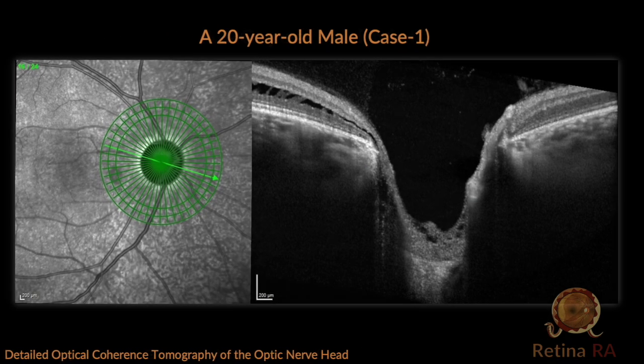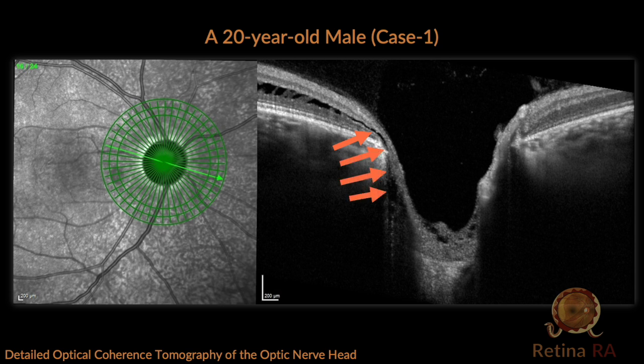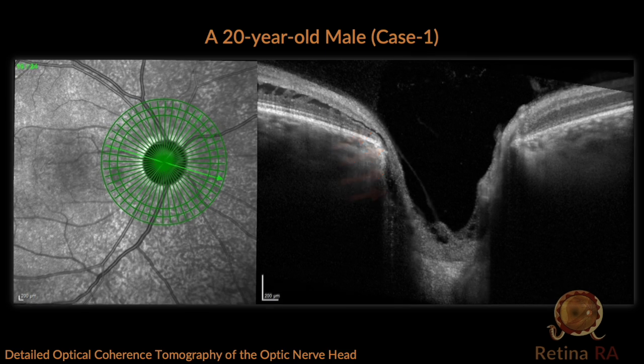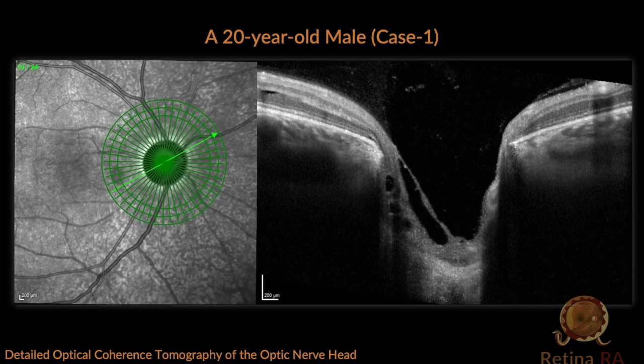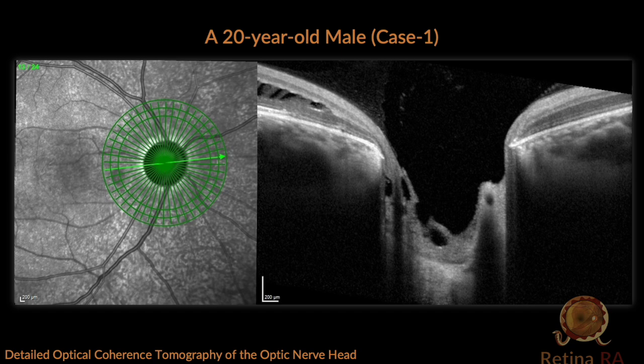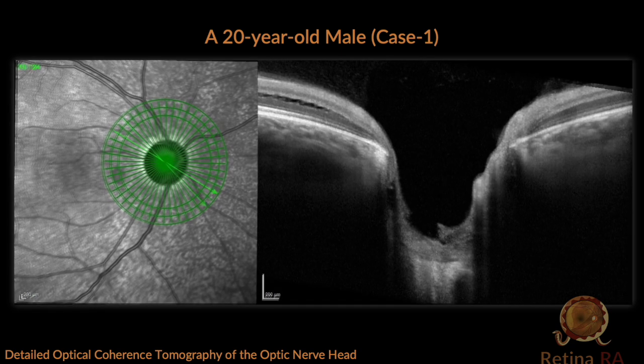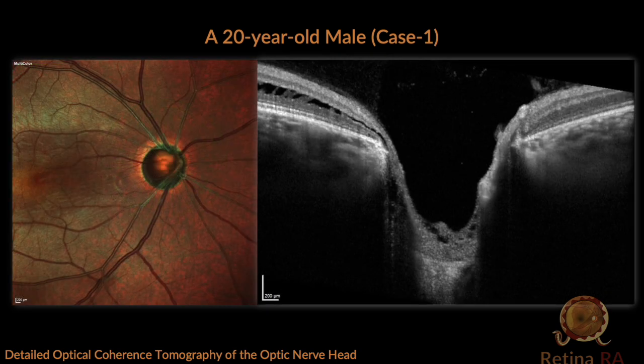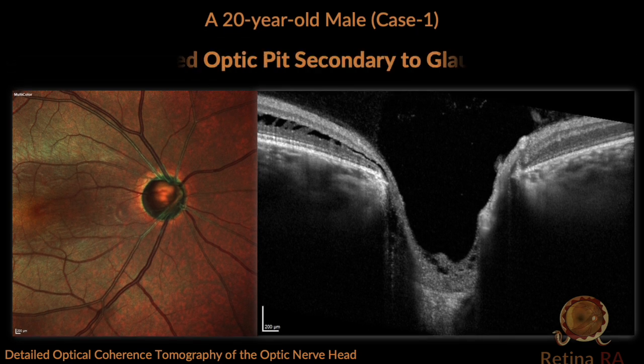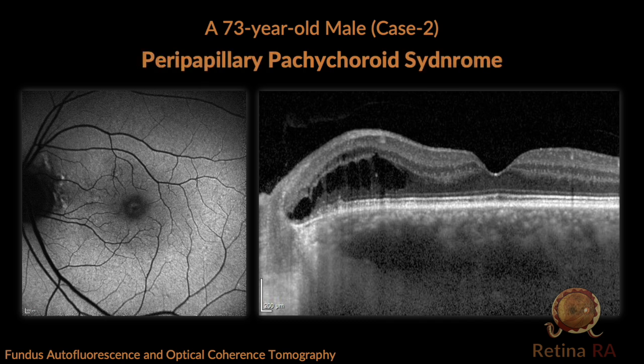Negative staining of the large choroidal vessels in late-phase indocyanine green angiography of Case 2 is another finding indicating choroidal hyperpermeability. Detailed OCT evaluation of optic disc shows an optic pit appearance in Case 1. As you see, Case 2 does not have this appearance. However, different from a congenital optic disc pit, several cavitations in prelaminar tissue appear nearly in all scans of optic disc. So Case 1 was diagnosed as acquired optic disc pit secondary to glaucoma, and Case 2 as peripapillary pachychoroid syndrome.